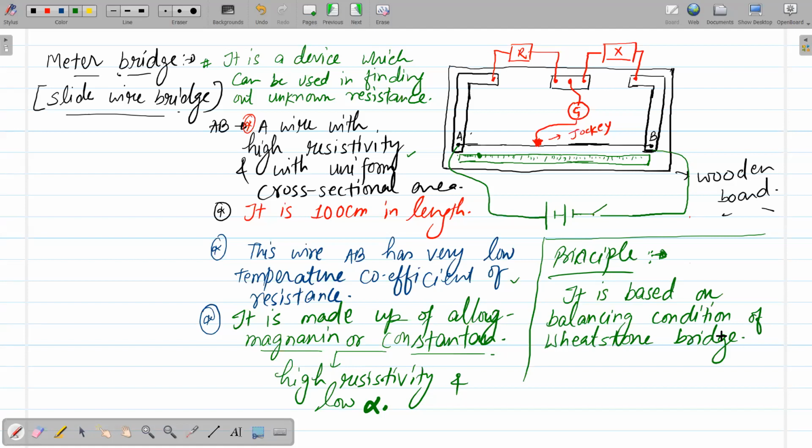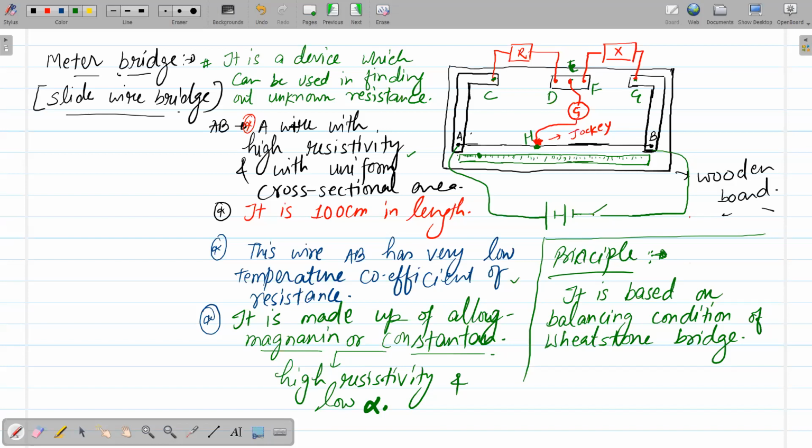Now you might ask, sir, where is Wheatstone bridge in this diagram? We can't see Wheatstone bridge. Okay, so let's have a look at this diagram again, and let me call a few points by name. Suppose this point is C, this point is D, this point is E. Let's say this point is F, this point is G, this point is, let's say, H. Right, everyone? Now see, here is the point of copper stripe.